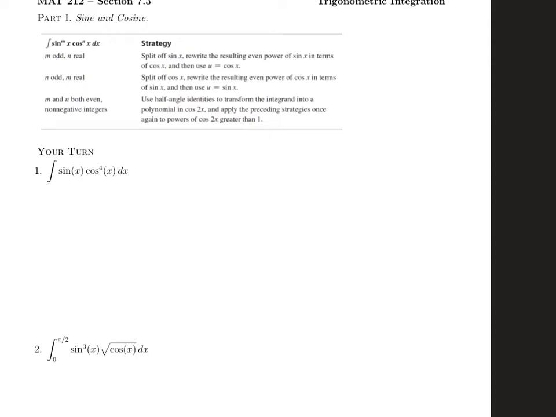Here are a few examples of the substitution that we've been talking about to do the integral of a power of sine times a power of cosine. In the first one here, this is the easiest possible thing. Notice that not only is the power of sine odd, but the power of sine is actually 1. So that means that our first step, which is to separate off one of the odd powers to go with the dx, is